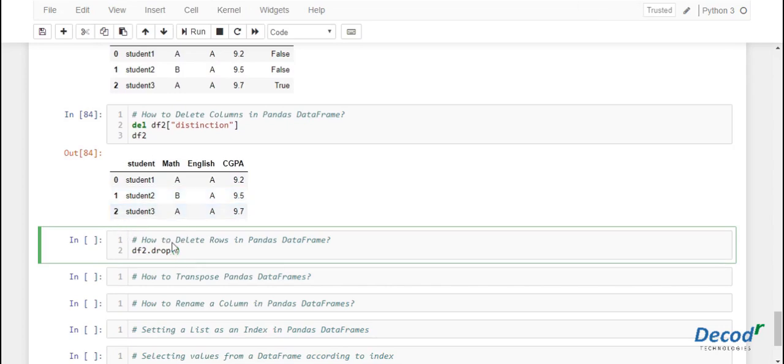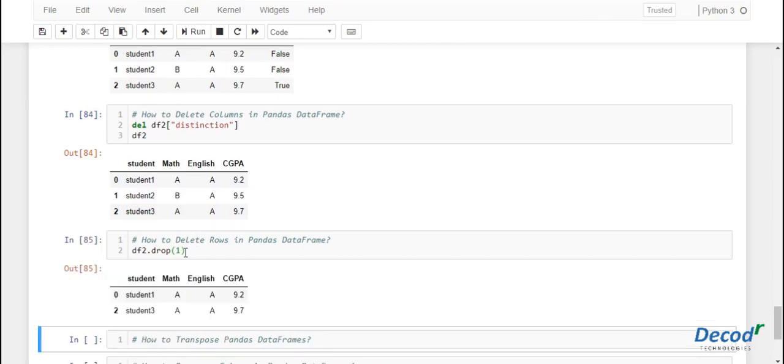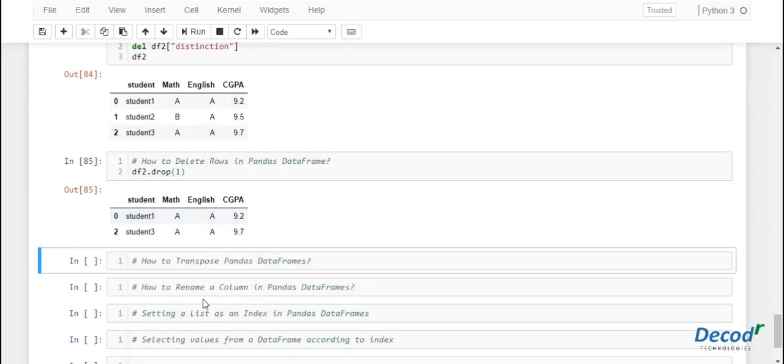So if suppose you want to drop the second element, that is the second row, you just need to type the index, that is 1. If you run this, you can observe that the row with index 1 has been deleted from the data frame.